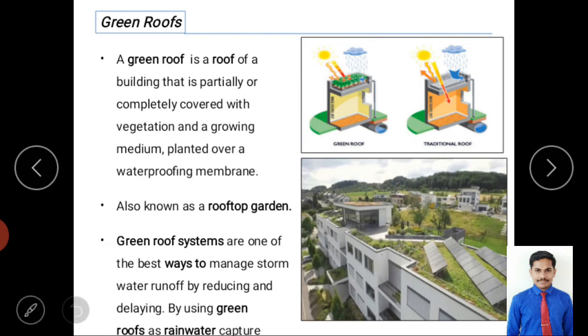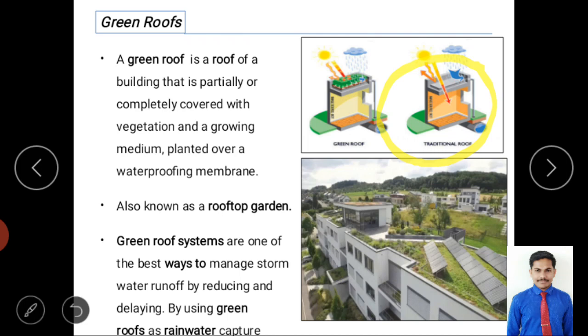Now we will see the next method, green roofs, right? Quite common in some developed countries like Singapore, right? Why? Because they have some water problem, because it is surrounded by sea and has very little storm water, so a fresh water shortage is there, and they are adopting these kinds of techniques to reduce pollution. It is actually one of the good methods but not an effective method in developing countries. Why? Because you can see in the first image, here it is the normal traditional rooftop, like a normal roof.